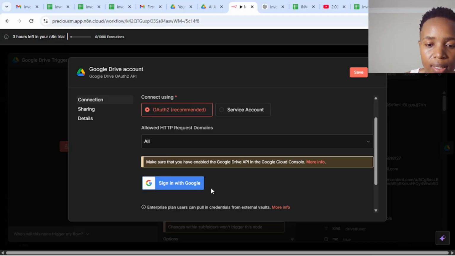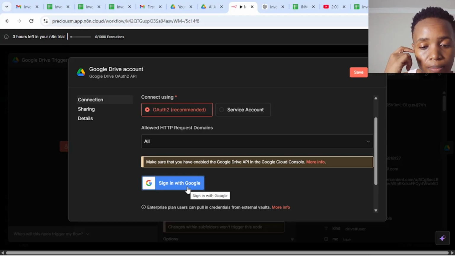You will sign in with Google after you've enabled all your APIs, meaning your API for Google Sheets, your API for Gmail, API for Google Slides, API for your Google Drive. Okay, so after you've done this,